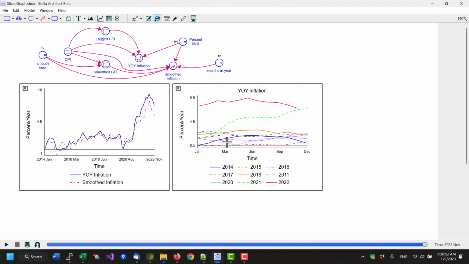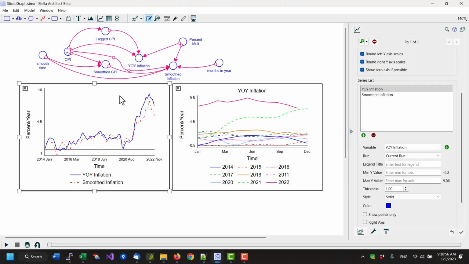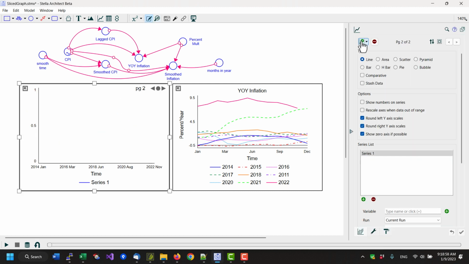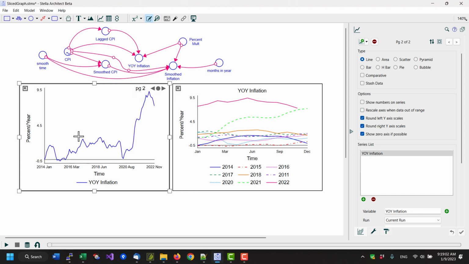On the right is a sliced graph of that, and I want to briefly go through how you actually create things. So I'll start with this graph. I'll just add a new empty graph, bring in year-on-year inflation, which will immediately give us the regular over time